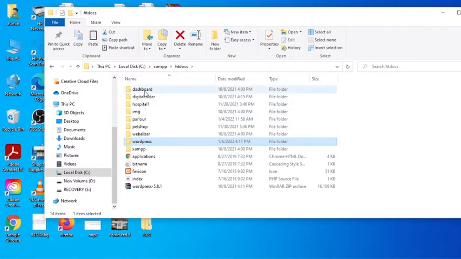Now this WordPress folder is copied into our htdocs folder. Now we have to rename this folder and keep whatever name you want. You can name it after the project you are working on or the website you are making. For example, I will name this folder tutorials,